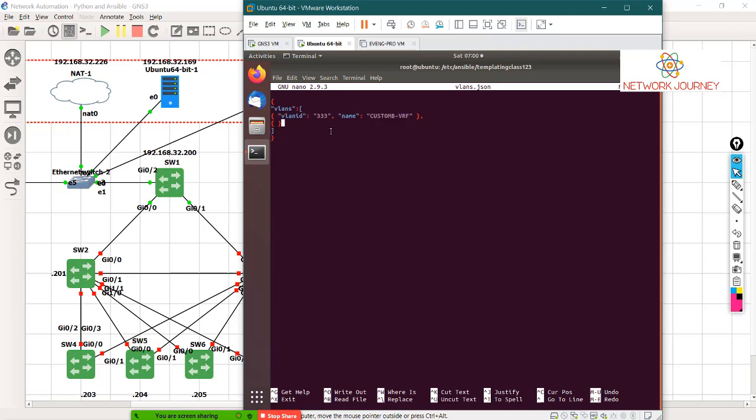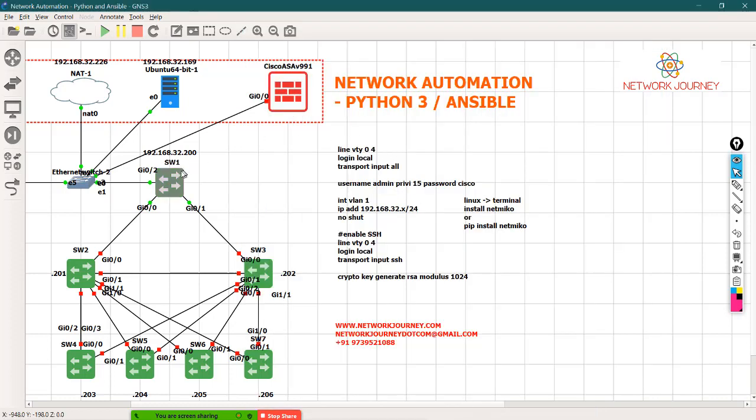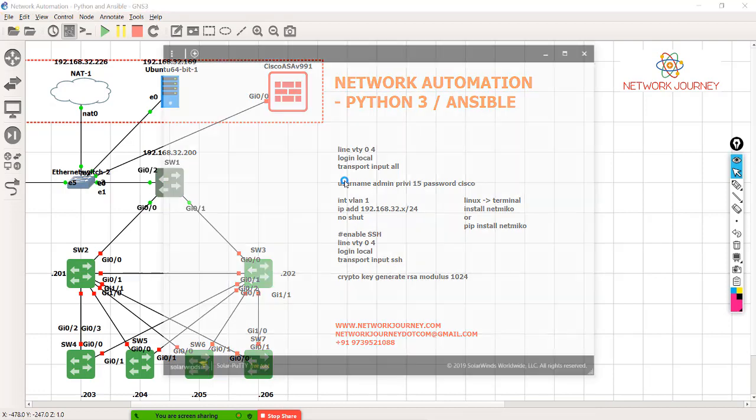Copy, come over here and paste it. Change the values once again. Two VLANs cannot have the same name. It's going to trigger an error. I'll show you what error. So let's say if I am over here.